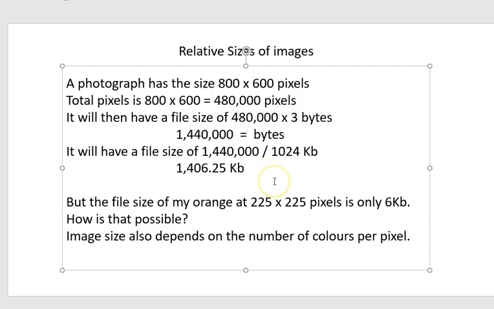But when we look at the little orange I used last week, that was 225 by 225 pixels, which should actually be quite a lot of kilobytes. But the file size was only 6 kilobytes, and I made it as small as possible. And you just wonder, how is that possible? So the other thing that probably is useful to understand, when you're doing your resizing and you're playing with images,